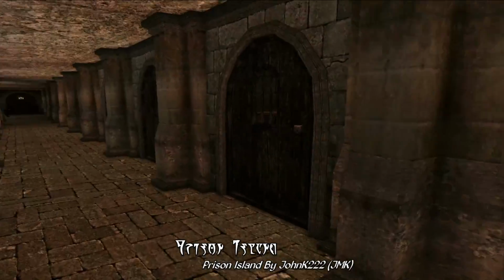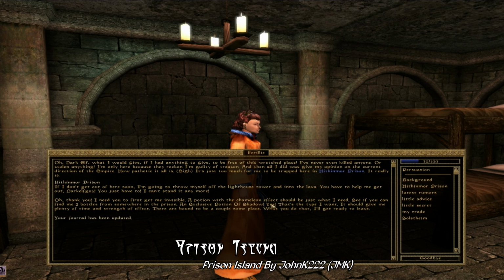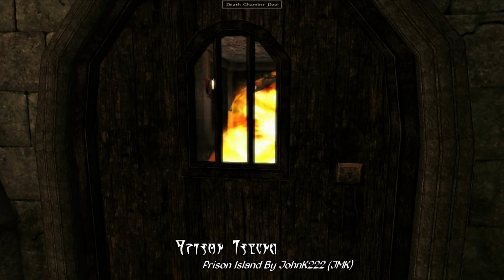And as you might imagine, Hithenmore Prison is full of, well, prison cells and prisoners with long corridors of cells holding some of Vvardenfell's dangerous criminals. And naturally, some of these prisoners might offer you a quest to help them escape, if you're so inclined to